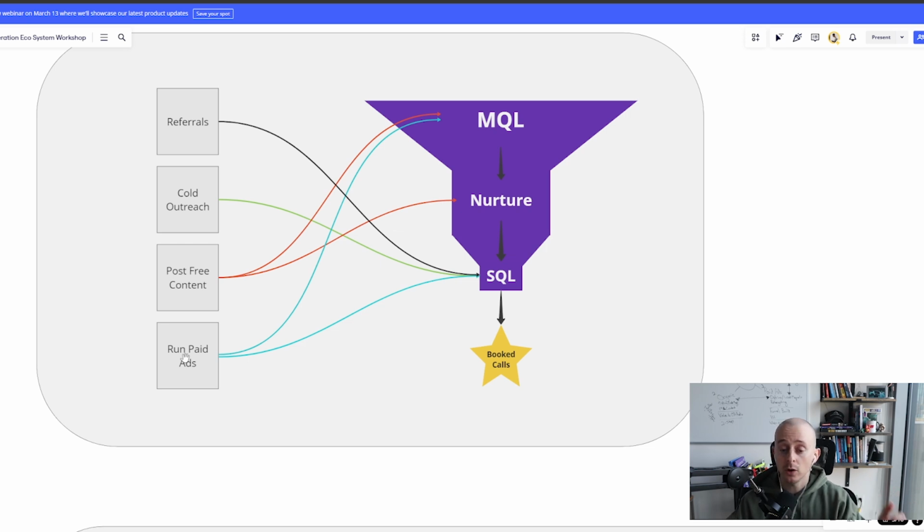And then we're also going to get sales qualified leads to this as well, because similar to cold outreach, we're going to craft a compelling ad in order to bring people into a sales qualified lead, because once again, we'll create an ad that kind of turns their head. Maybe we have a VSL after that that will kind of sell them on why they should have this specific offer, and it will bring us into a sales qualified lead and will book calls for us, okay? But once again, there's not a lot of trust built there, and that's why we rely on posting free content in order to build that middle of that funnel.